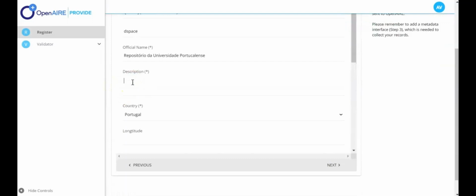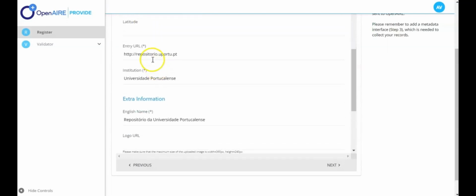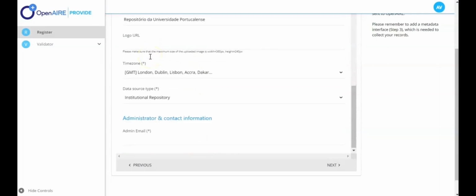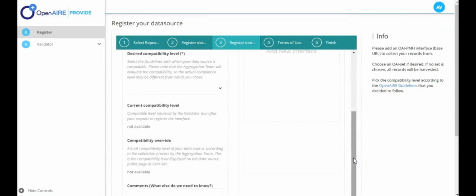Please take into consideration that all the mandatory fields need to be filled in, for example, the description of the data source, country, URL, institution, English name, and the admin. Once all the details are filled in, we can click Next and move to the upcoming step that is related with the